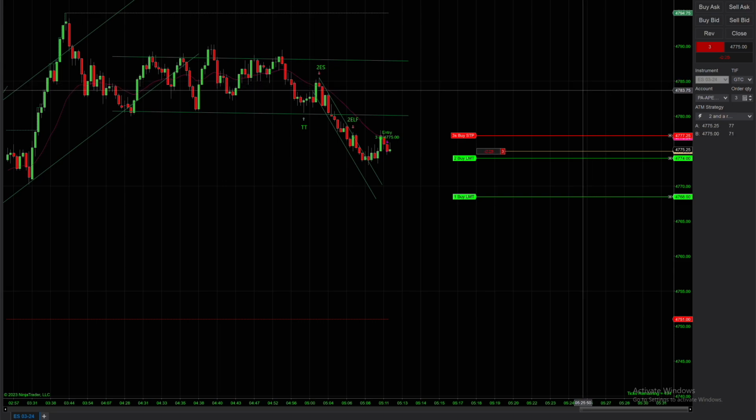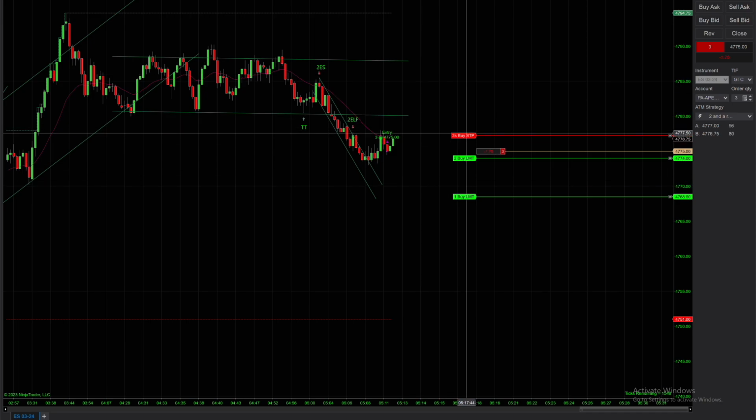This is my thinking while I was going. I didn't realize we had a break in it. I was thinking we had a break in this trend channel going down, and then it's gonna move to a new low. So hence the second entry short. And I was like, oh shoot, okay, this is it. But I had to treat it like a failed breakout, which is what it ended up happening.